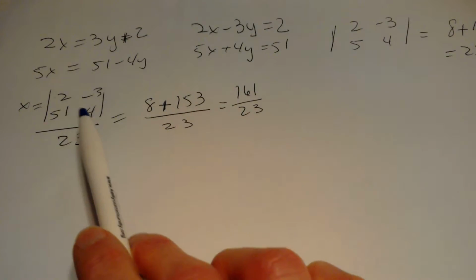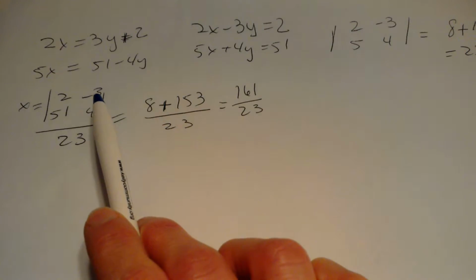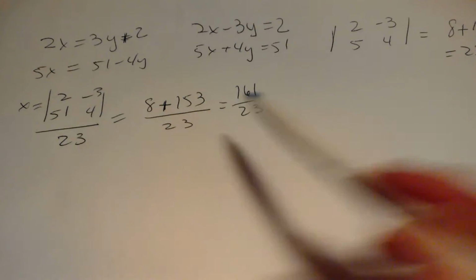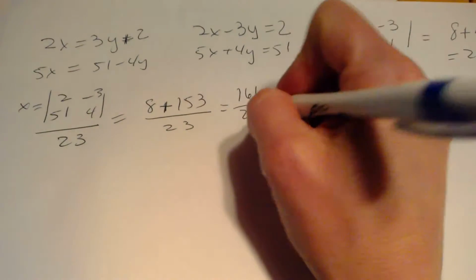Find our determinant. So I've got 8 minus a negative 153, a plus, so I get 161 over 23. So if I divide those, it's going to give me,